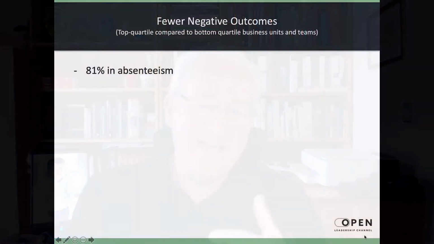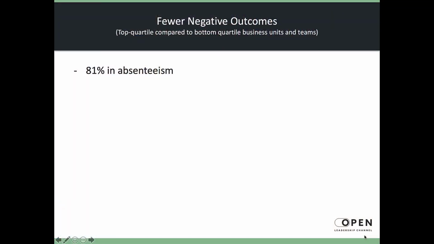In their 10th meta-analysis of this data recently, they show some very powerful insights. Among these are that the top quartile engaged companies, those organizations where the staff report being very engaged, when compared to organizations where the staff in the bottom quartile report being very poorly engaged or little engaged, the benefits are immense. 81% less absenteeism in their business, 81%, at least 18% lower staff turnover, two massive gains in your workplace in terms of contribution and costs to the business,